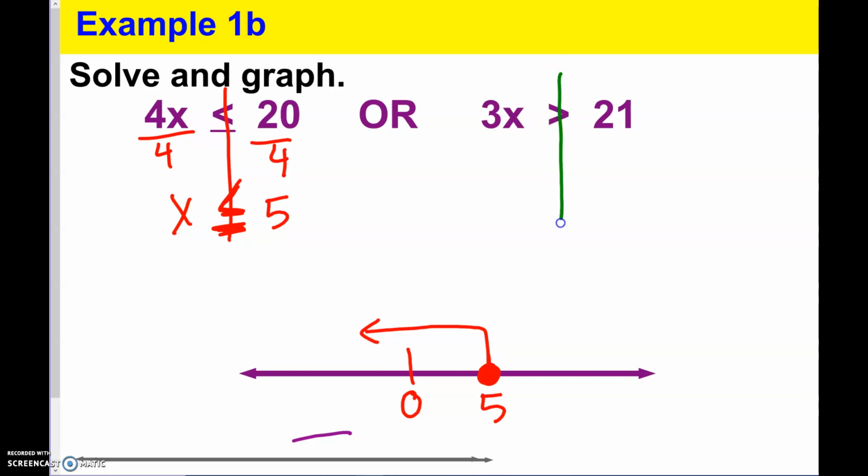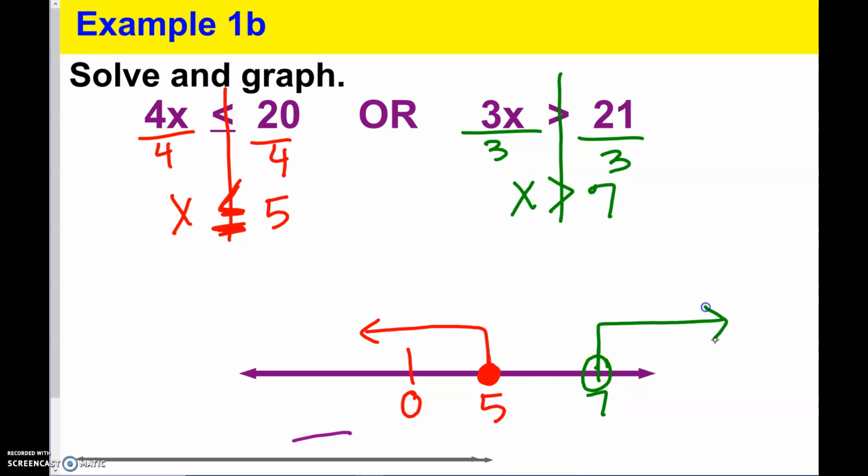And so here it says 3 times x, so the opposite of times is divide. So I have x, I divided by a positive number, so no flipping, and 21 divided by 3 is 7. So 7 on the number line would be bigger than 5. That is an open circle. There's no line underneath it, so it has an open circle, and it says any number bigger than 7,